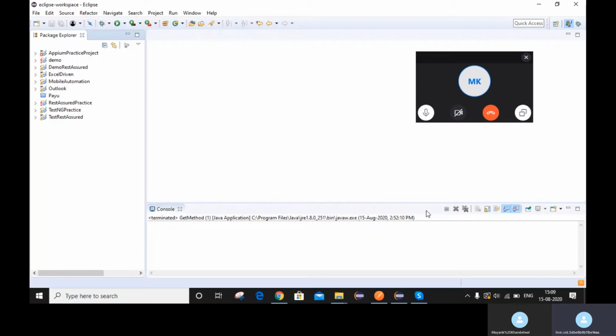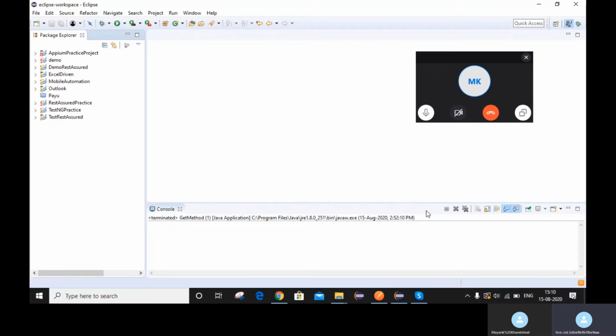Now we see REST assured. So basically, what is REST assured? REST assured is a library of Java. It is a very beautiful library of Java using which we can perform the different HTTP operations for get, post, put, delete data.